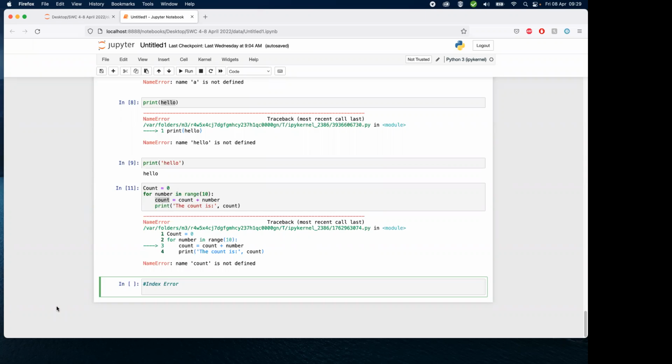So for the index errors, you define a list, and it's A, B, and C, and you tell Python to print